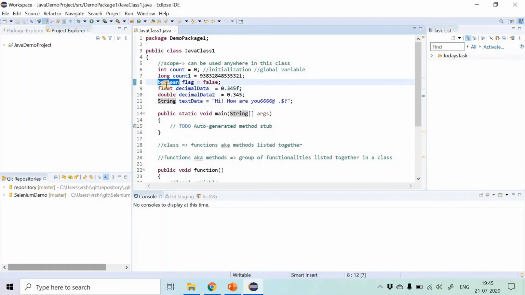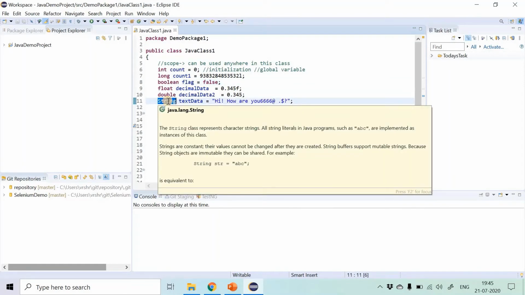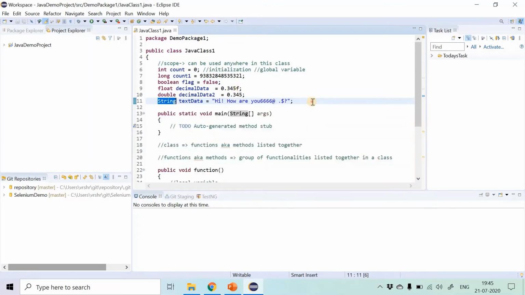A Boolean data type can contain only two values, that is true or false. And the string data type lastly can contain alphabets, digits, numbers, punctuation marks, and even symbols like @, dollar, anything.